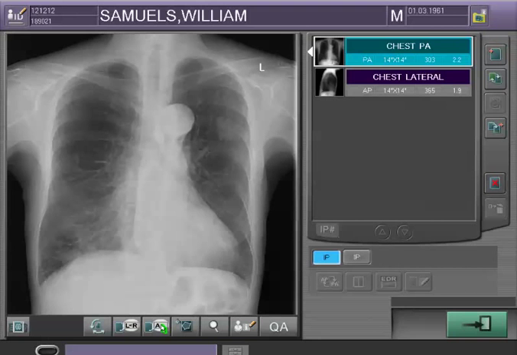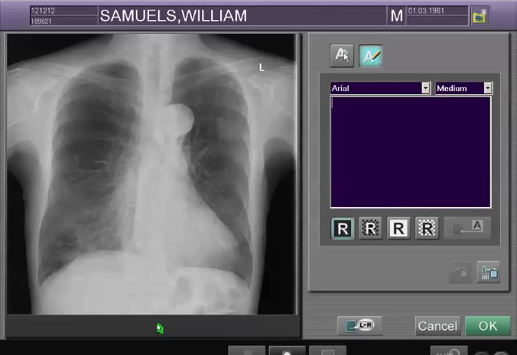The next shortcut icon is free text annotation. It's the third icon on the shortcut bar. If we select free text annotation, we can manually enter any information that we need to. Time is a common entry in this area. If we type in